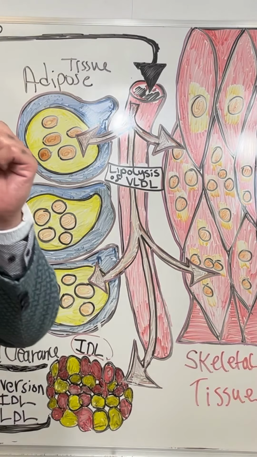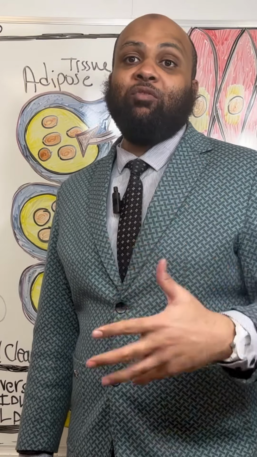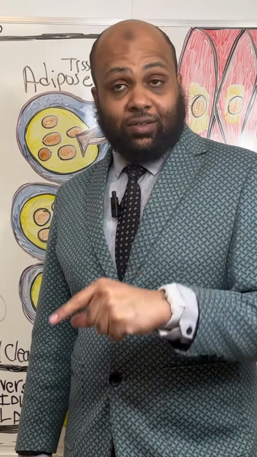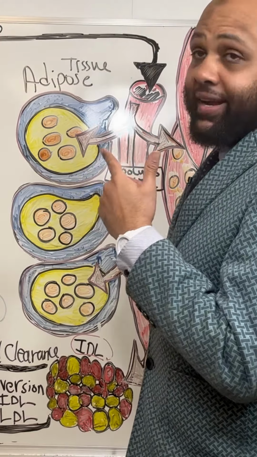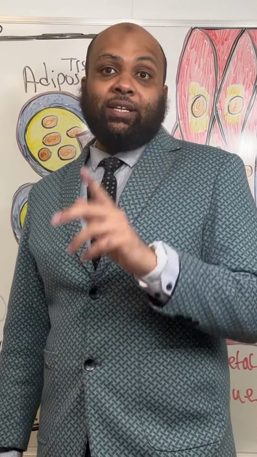And that is the reason why we call them very low density lipoproteins, because they have more proportion of yellow, more proportion of triglycerides than they ever have red. Later on, that's going to reverse. So we're going to see a complex